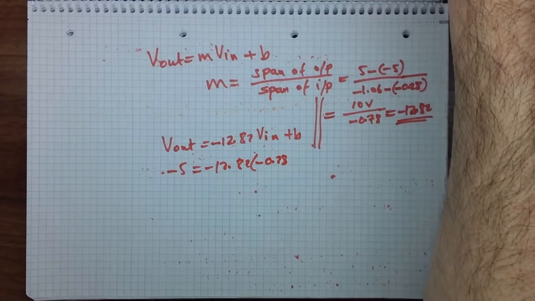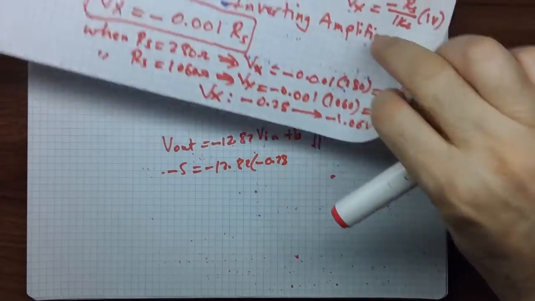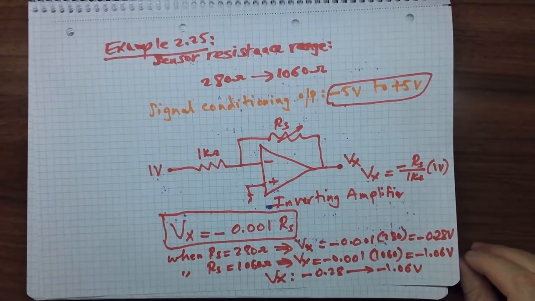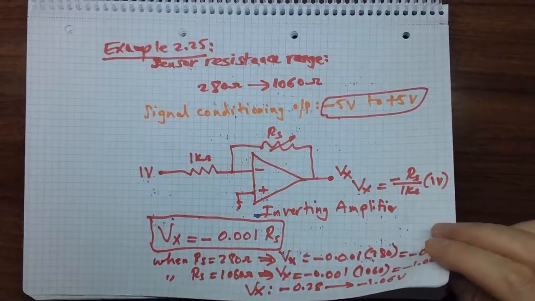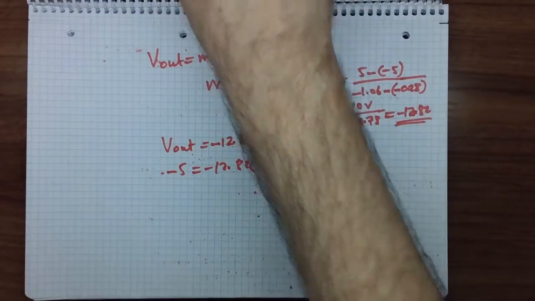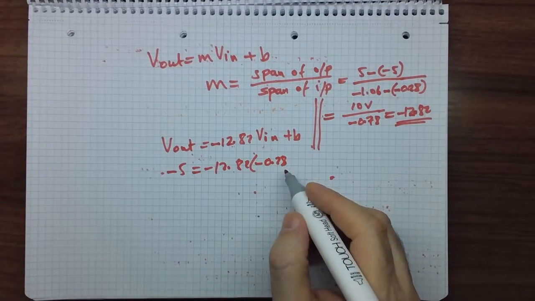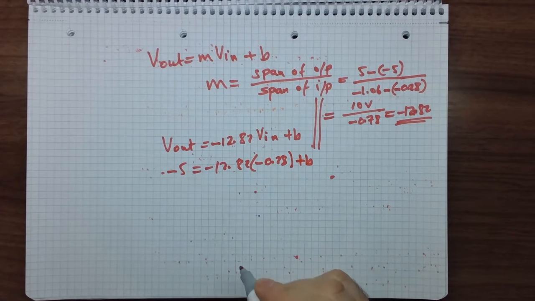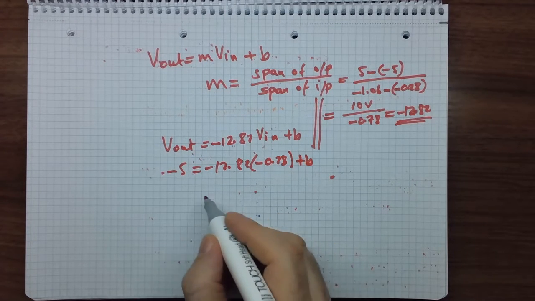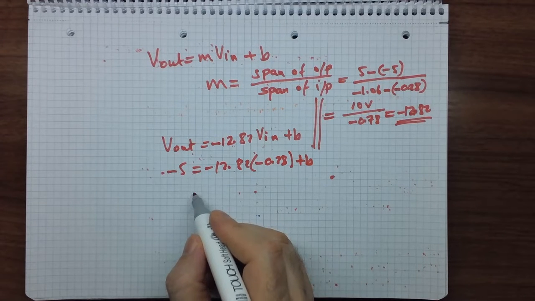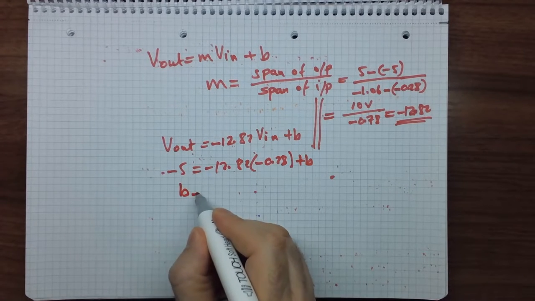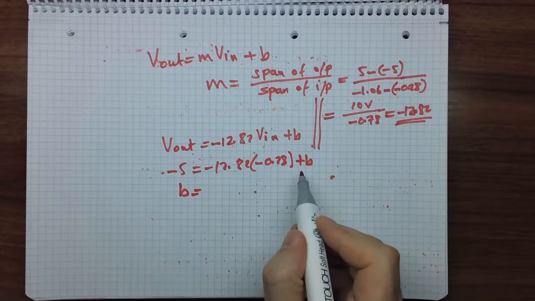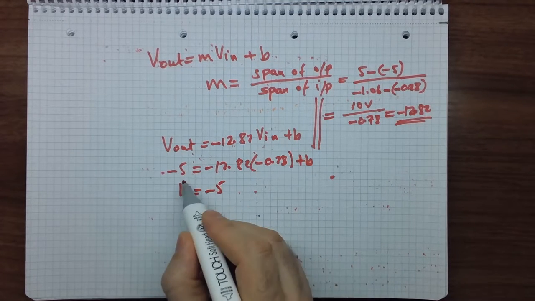Here we found the range, minus 0.28. So -5 equals minus 12.82 times minus 0.28 plus B. In this case B is equal to -5,